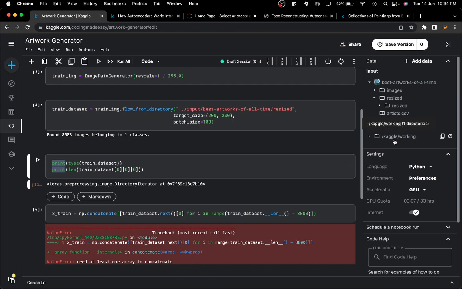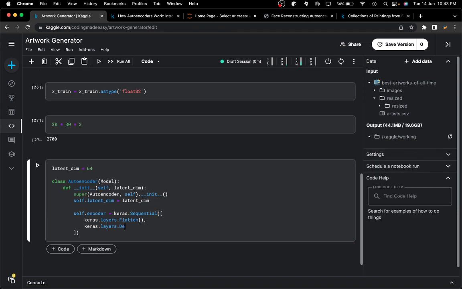So we are just gonna create a flattened layer over here, because we can have a dense layer now. So we can then just say keras dot layers dot dense, and this one will just have the latent dimensions